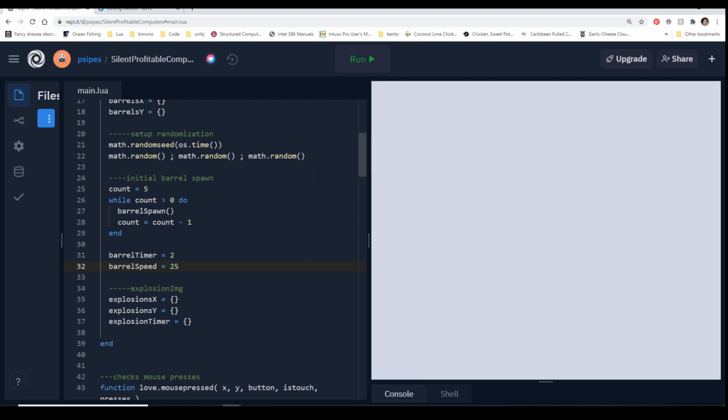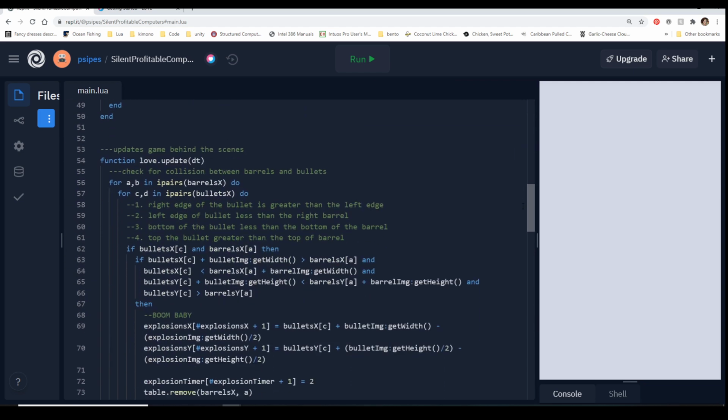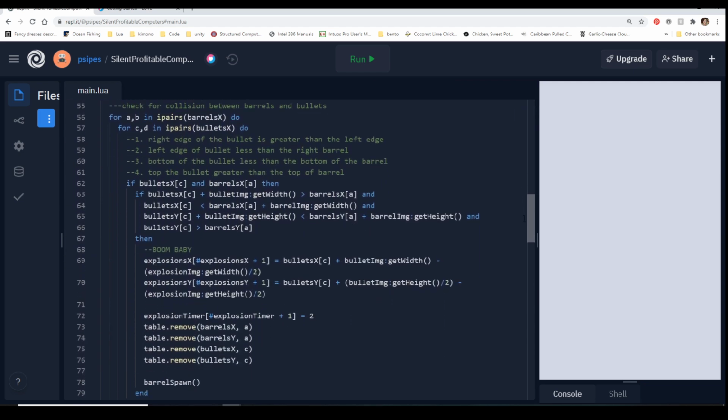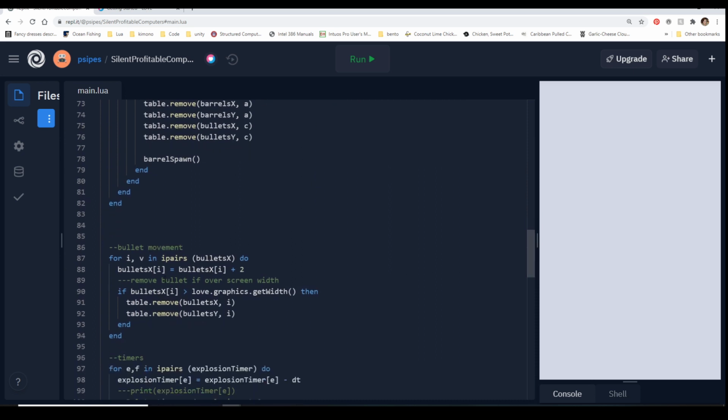Just like we did with the bullet movement, this line right here, we're going to do the same thing for our barrels, only we're going to move them in the opposite direction, towards the left.